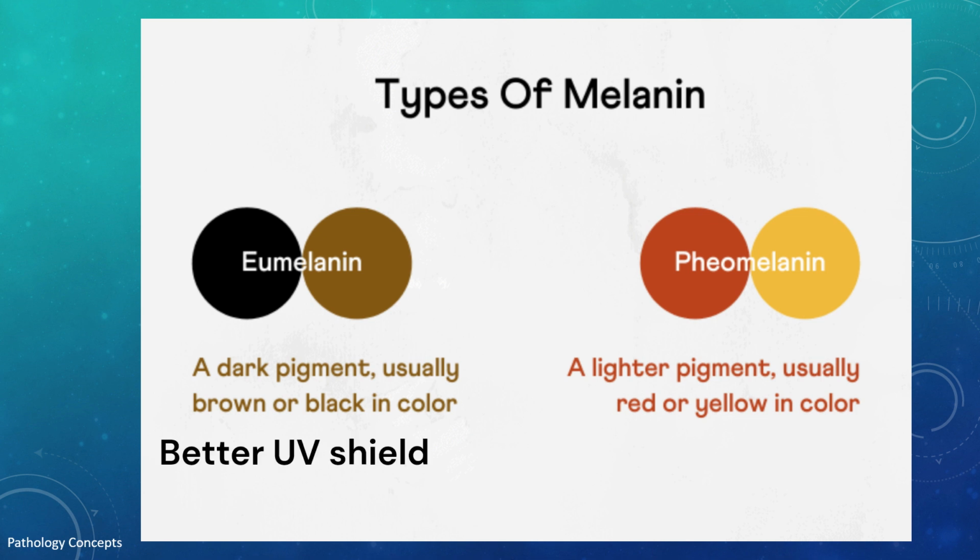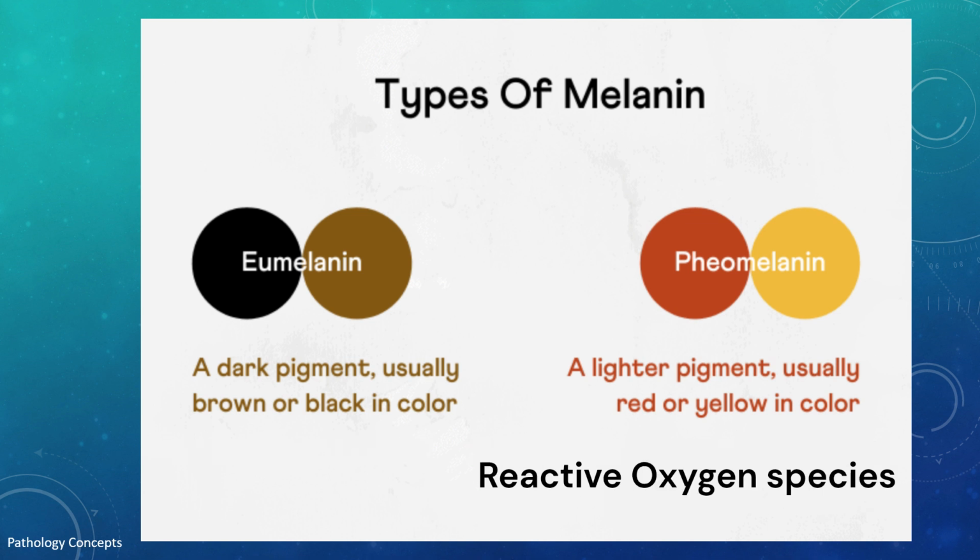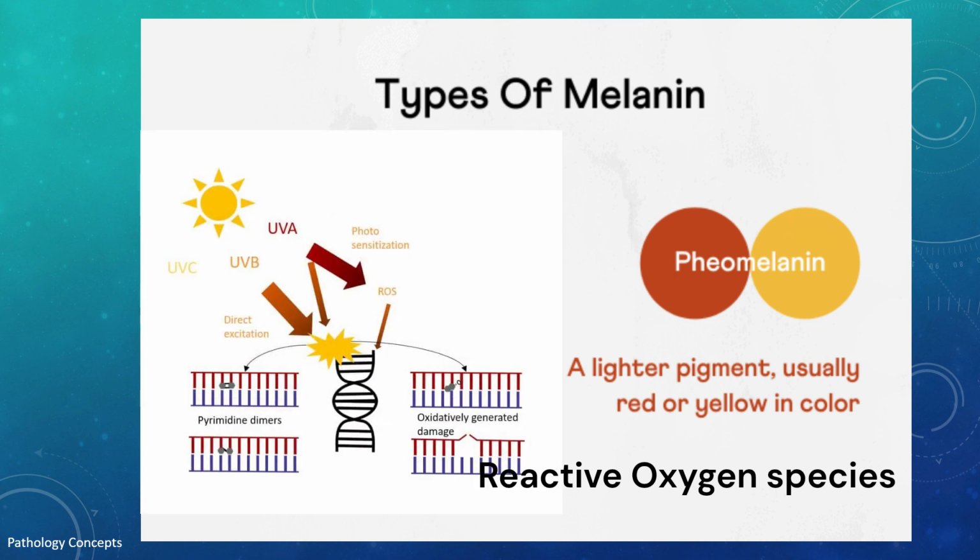The darker eumelanin is a better UV shield, and consequently people with darker skin have a lower skin cancer risk. Pheomelanin not only offers less protection against UV radiation, but the production of pheomelanin produces carcinogens. Pheomelanin has been shown to produce more ultraviolet A induced reactive oxidation species, leading to greater DNA damage in response